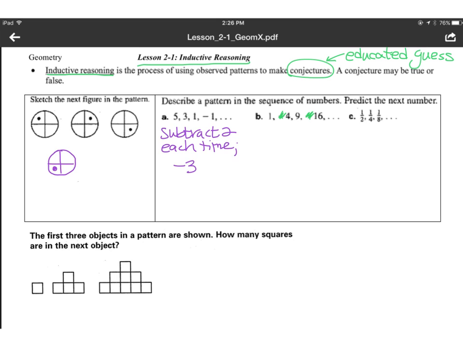Well, hopefully you see those as being perfect squares. Well, what does that mean? Perfect squares are numbers that you obtain by squaring a counting number. So 1 squared is 1, 2 squared is 4, 3 squared is 9, 4 squared is 16. So on this one, we have perfect squares,